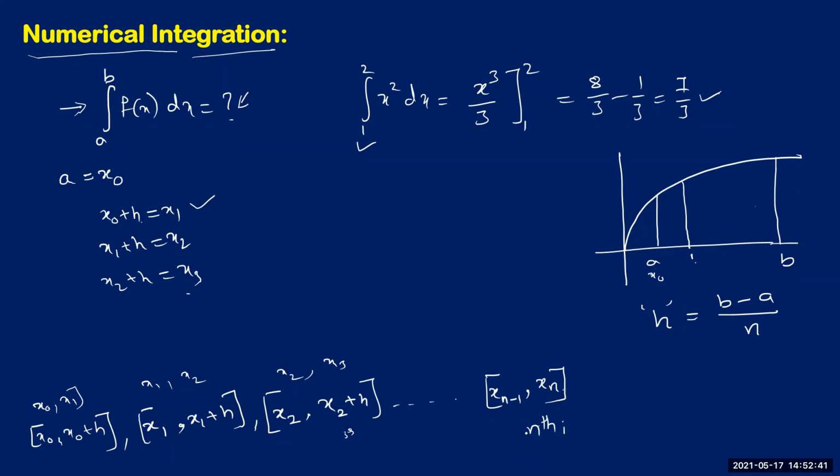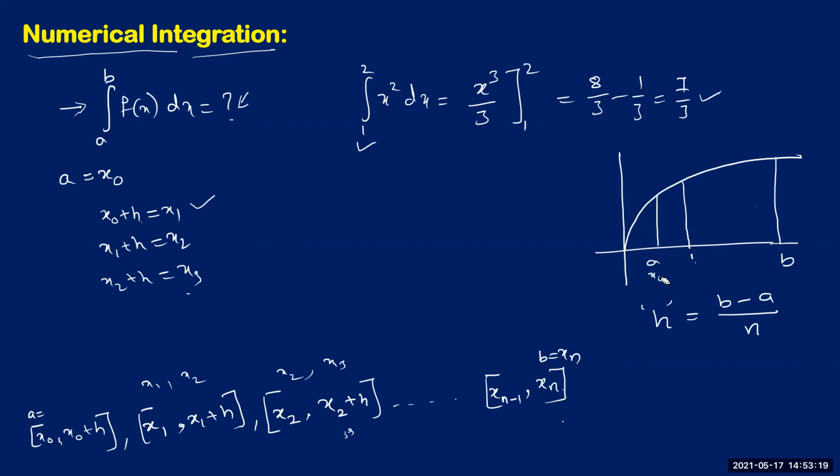Most importantly, remember, you're actually dividing this interval a comma b into n subintervals. In that process, you got the first point in the first subinterval as x0, and in fact that x0 is nothing but a. In a similar way, the last point in the last subinterval, xn, must be equal to b, the last point of your actual interval, right? Like this, you need to divide your actual interval into n subintervals. In fact, you have done this earlier also, isn't it?